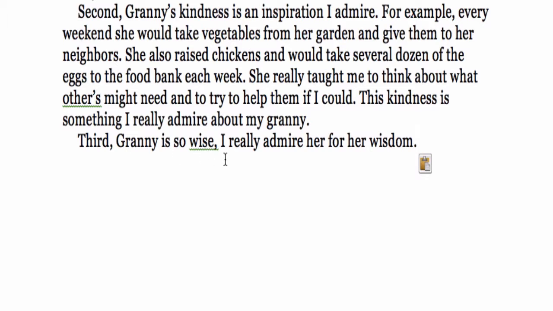third, granny is so wise. I don't really like the way that's phrased. I think I'm going to need to change that, but I'll just kind of make a note of that to do that in my revision. So I'm just going to keep cruising, and I'm going to give an example of this. For example,